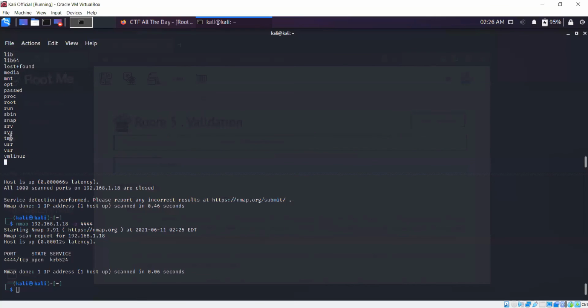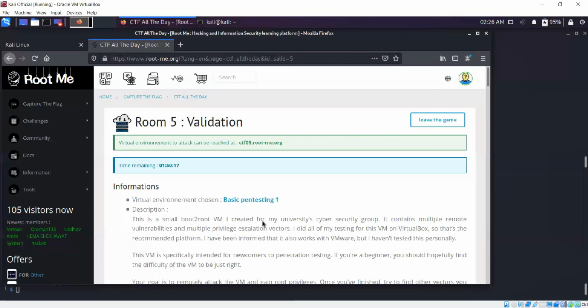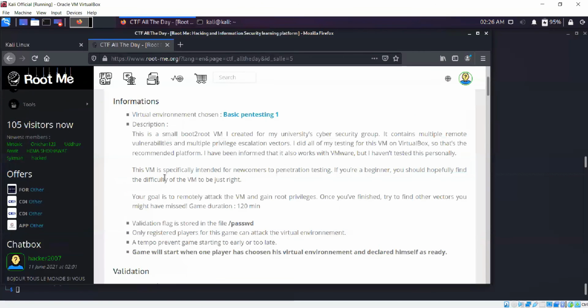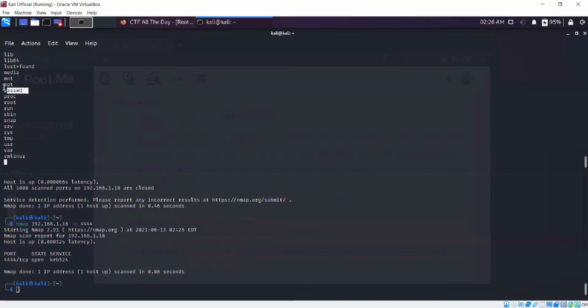This will list all the subdirectories and the files. And here on the Root Me site, it is written that the validation flag is stored in the file password. You can see password right over here. It is a file. To read the contents of the file, we do cat password. This is the password. What you do is you copy it.